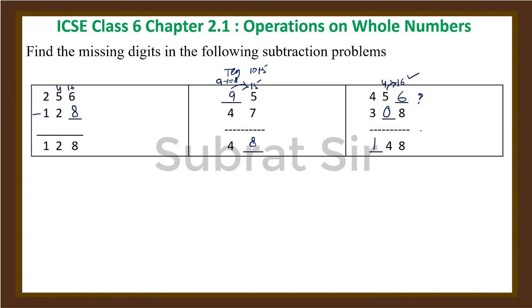Okay. See, 456 minus 308. How are we doing? 1 we brought from this tens place. So it became 16. 16 minus 8, 8. Then now here in tens place remained 4. So 4 minus 0, 4. Then 4 minus 3, 1. 148. Okay, very simple. So these blanks we filled up. This is 0 and this is 6 and this is 1.